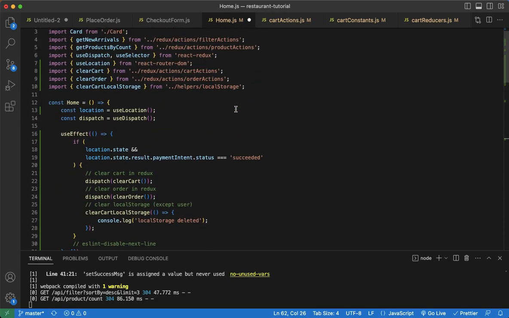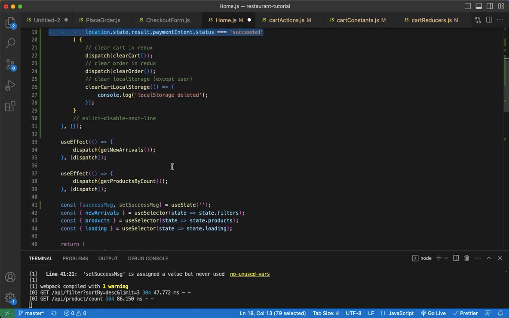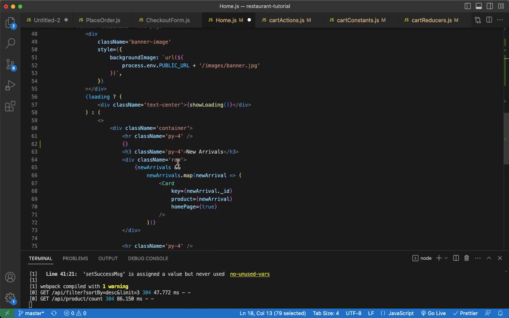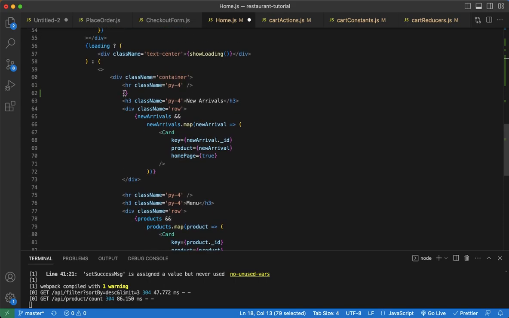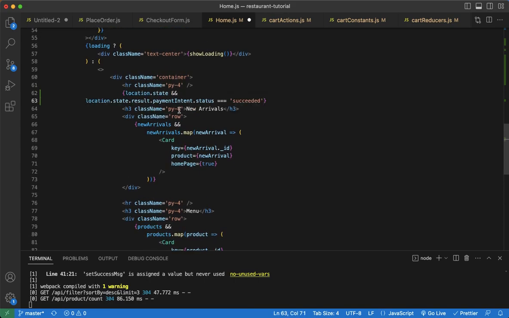We're actually going to check that these conditions are true also before displaying that message. So I'm gonna come down. Where is it here? All right, right over here. Paste that in,